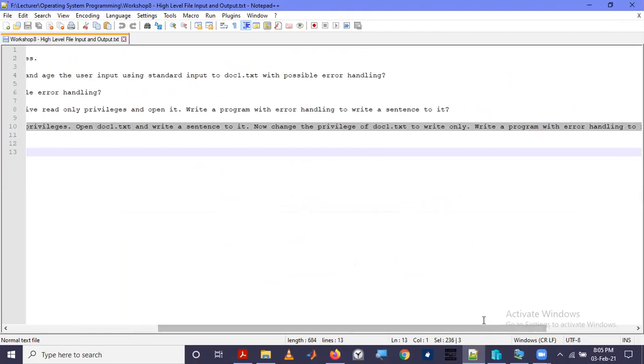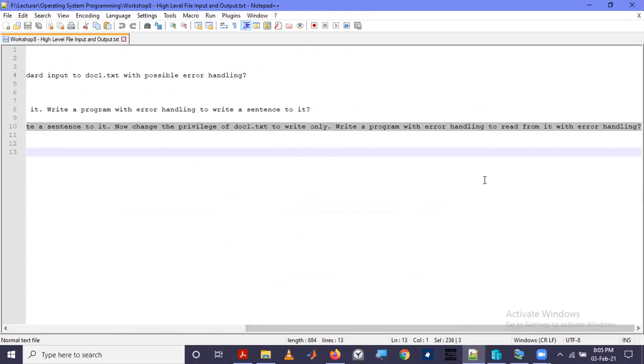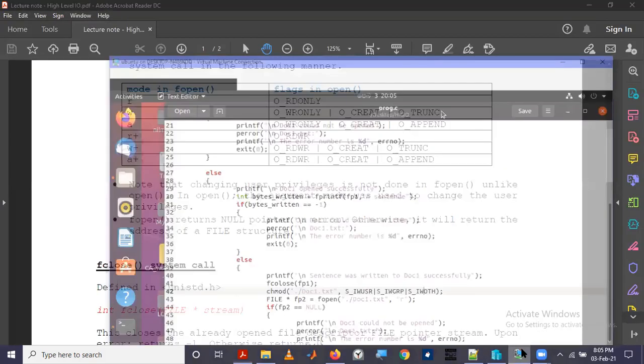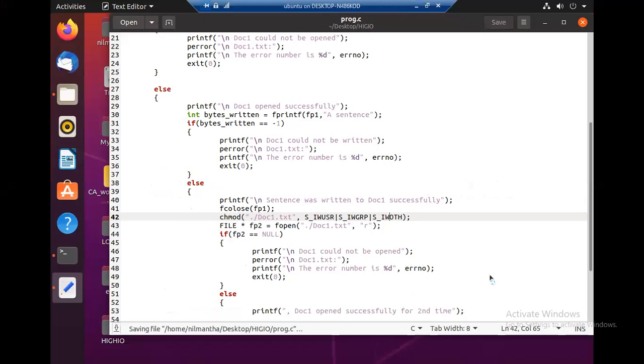Then we are asked to write a program with error handling to read from it. So we have to change the privilege to write only, then we are asked to read from it. If we want to read from a file, we may open the document as a read only file.